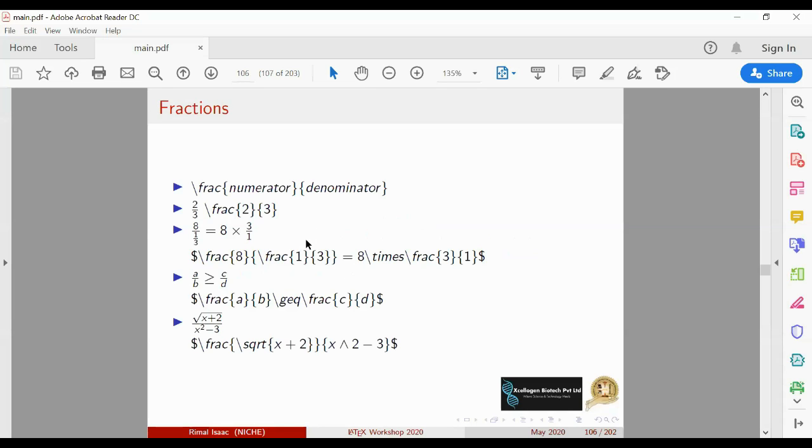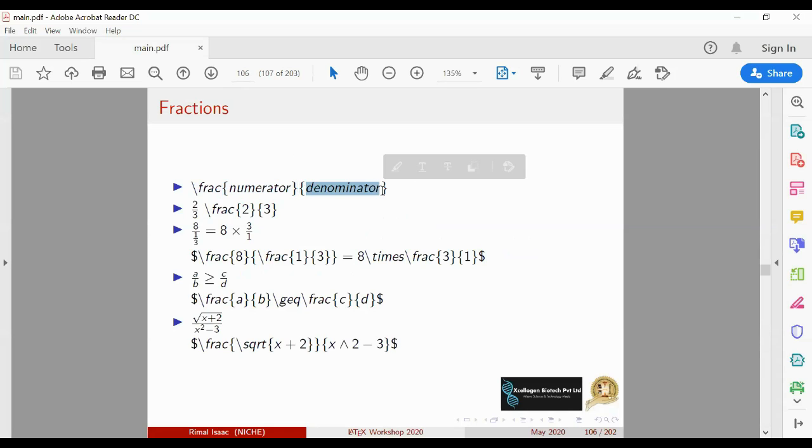Next, you may ask, I want to write a fraction. To write a fraction you put the command \frac. The first curly bracket defines the numerator, and the second curly bracket defines the denominator.